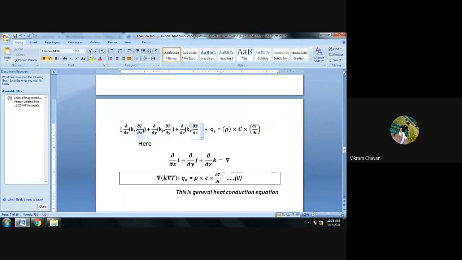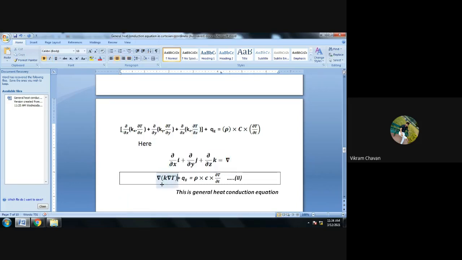Okay, so change in temperature with respect to x, or partial differentiation of temperature with respect to x, partial differentiation with respect to y, and partial differentiation with respect to z. Or we can consider it as an incremental temperature difference. So this is also changing with respect to the axis. This vector terminology we can apply for the temperature also in this particular equation.